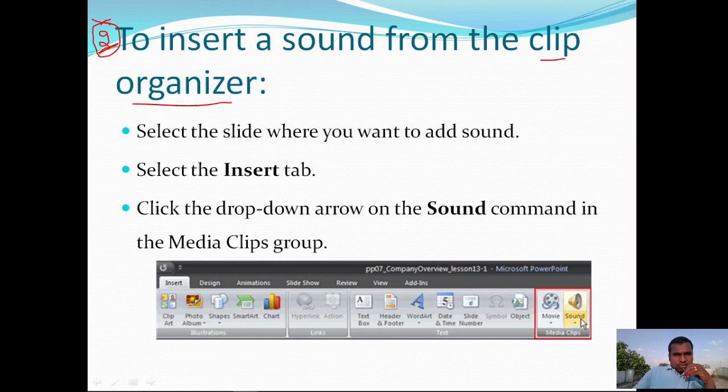For that, first select the slide where you want to add the sound. Go to the Insert tab. Click on the drop-down arrow on the Sound command in the Media Clips group. These steps are the same as for inserting a sound file from the computer, which we discussed in previous slides.